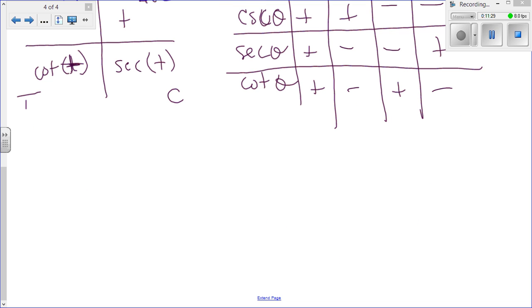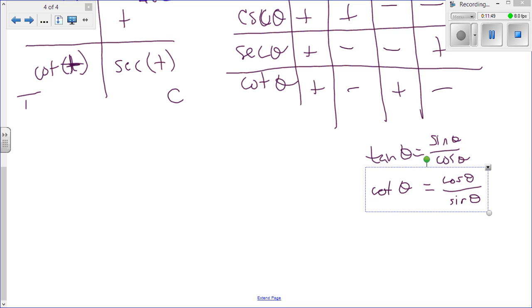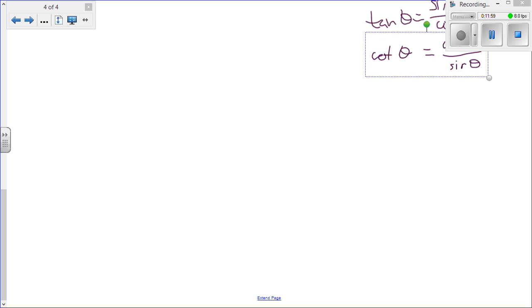And just going to extend here. Since tangent theta is equal to sine theta over cosine theta, that means that cotangent theta is equal to cosine theta over sine theta, because they're reciprocal trig functions, therefore just flip their fractions. So we need to write things in terms of sine and/or cosine. And the first problem we have is